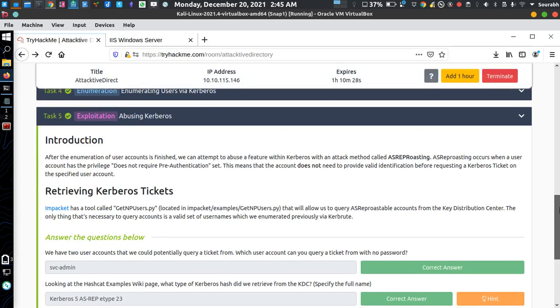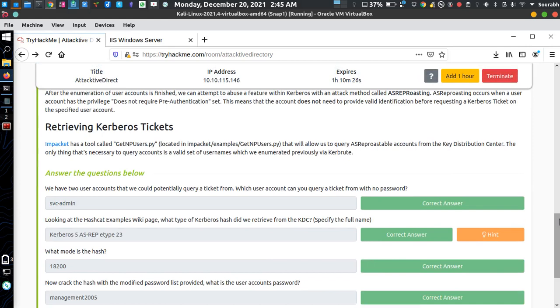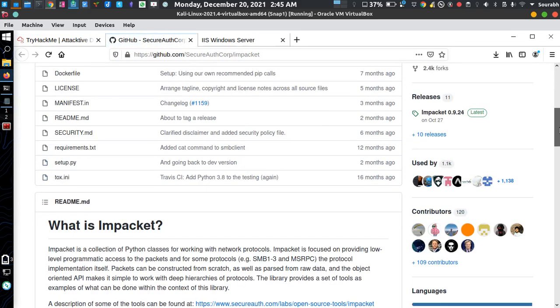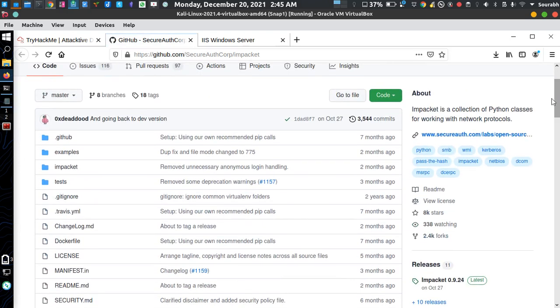Now it's time for abusing Kerberoot. For abusing Kerberoot, there's a tool called Impacket. Just go to the particular link. It's a GitHub.